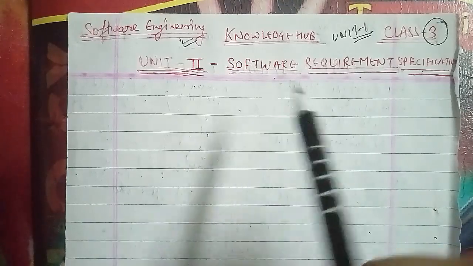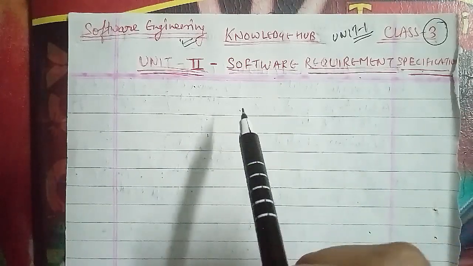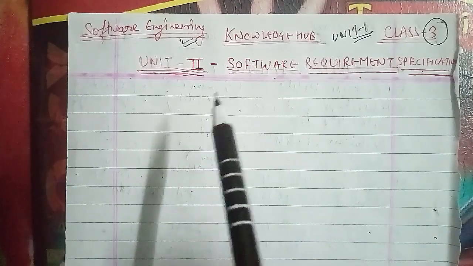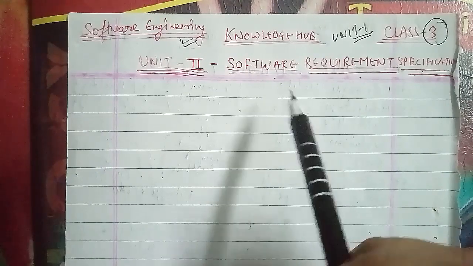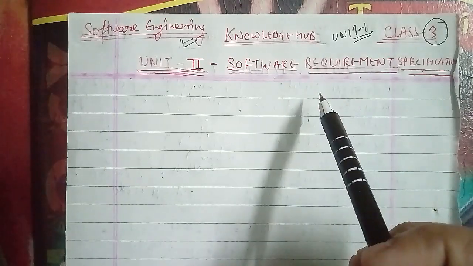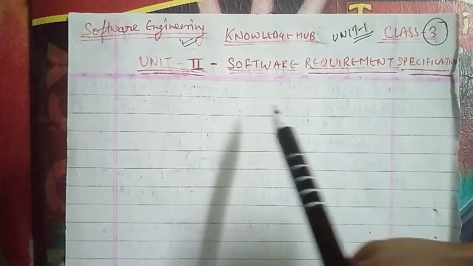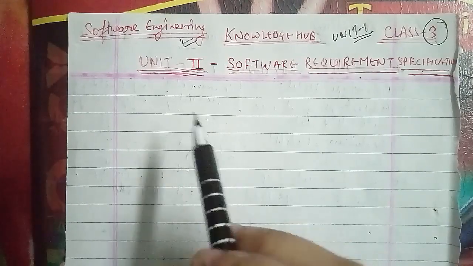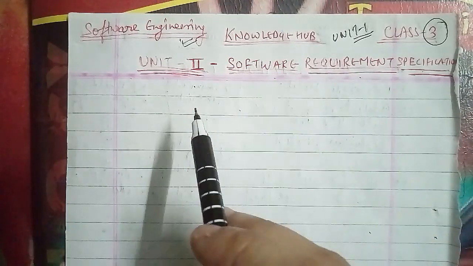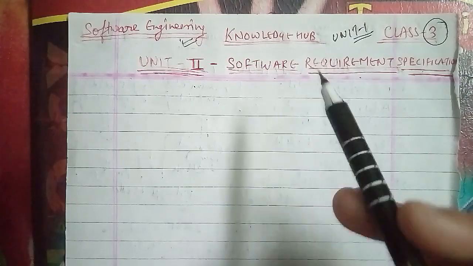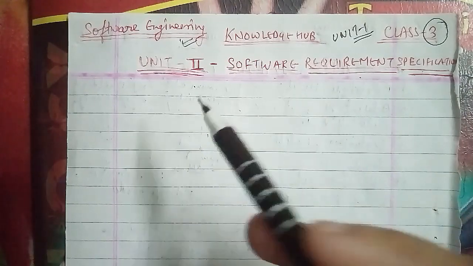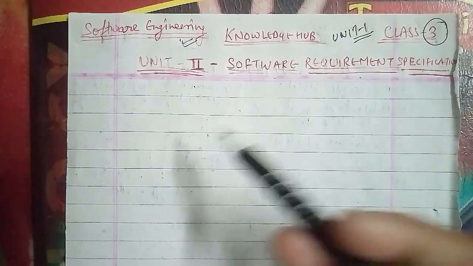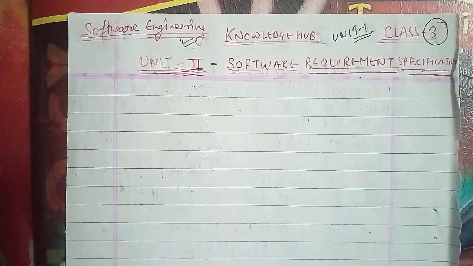In this, we'll start by discussing the introduction of software engineering: what do you mean by functional and non-functional requirements, and give any 4 functional requirements and 4 non-functional requirements for the computer-based library information system as well. This has been asked for 5 marks. So first we'll discuss the functional requirements, and then the non-functional requirements, and after that the functional requirements for the library information system, and of course the non-functional requirements for the library information system. So first we'll go ahead,